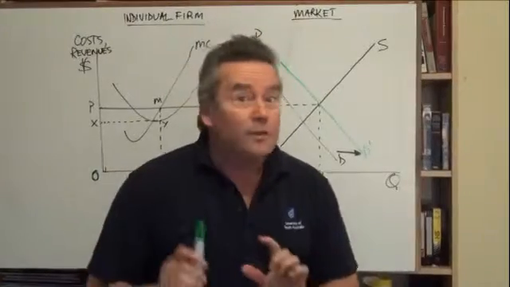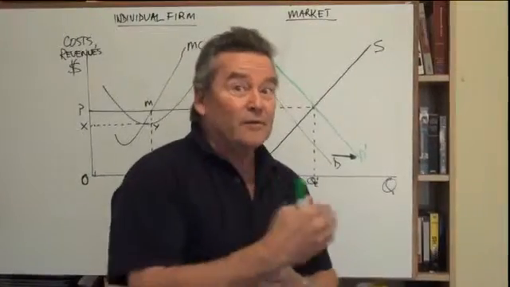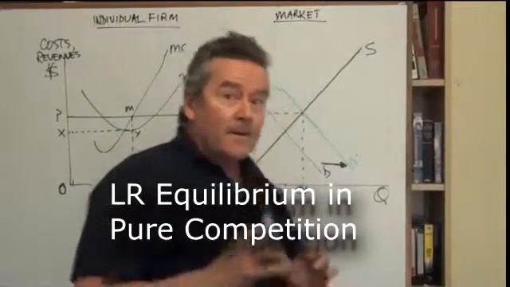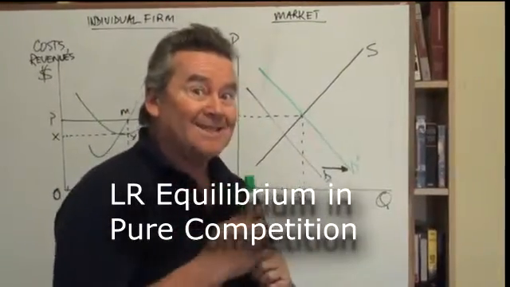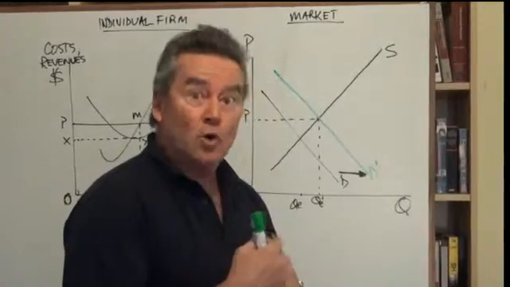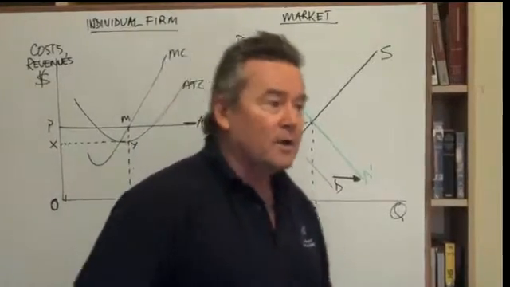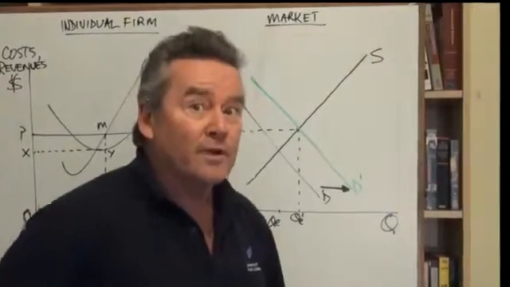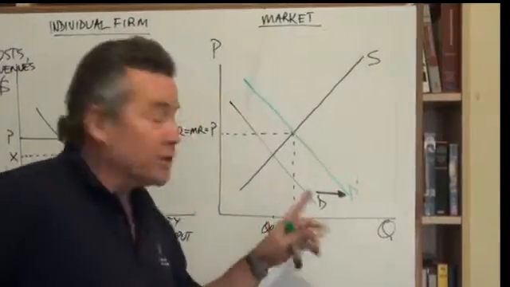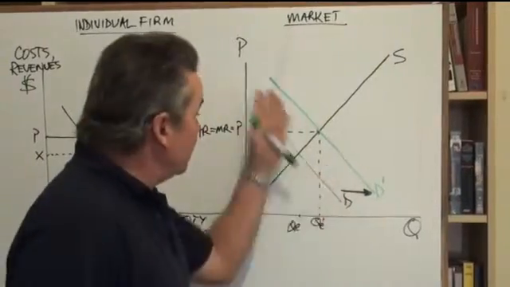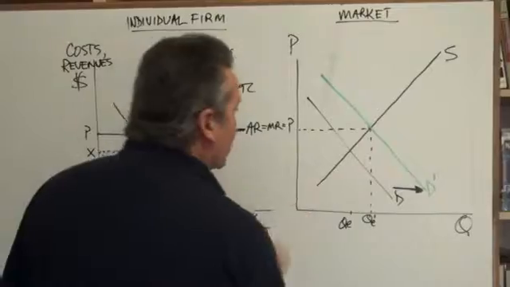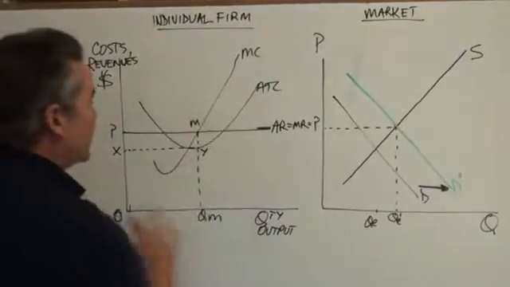Okay, now we've seen that market fluctuations can actually cause price fluctuations. Now let's recap that and give some attention to what's going to happen in the long run. Remember, a time frame during which we can alter all factors of production. So consider an increase in demand, a change in taste and preferences. Consider the fact that the market price has risen, and for the individual firm,